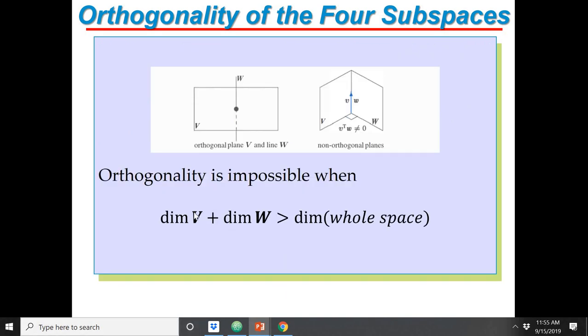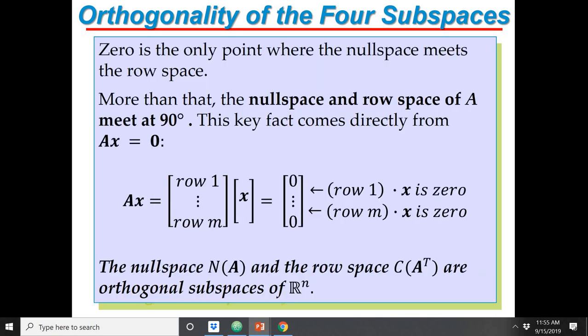And again, I mentioned a few times, orthogonality is impossible when the dimensionality of the subspaces V and W, when you add them, you get a number that is higher than the dimensionality of the whole space. Okay, orthogonality is not possible in that case. Okay, finally,